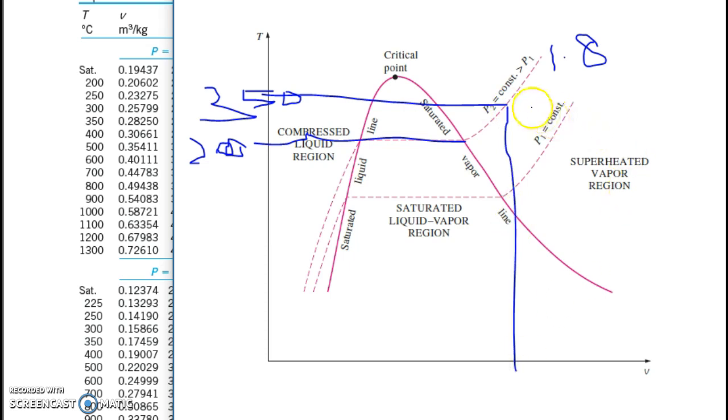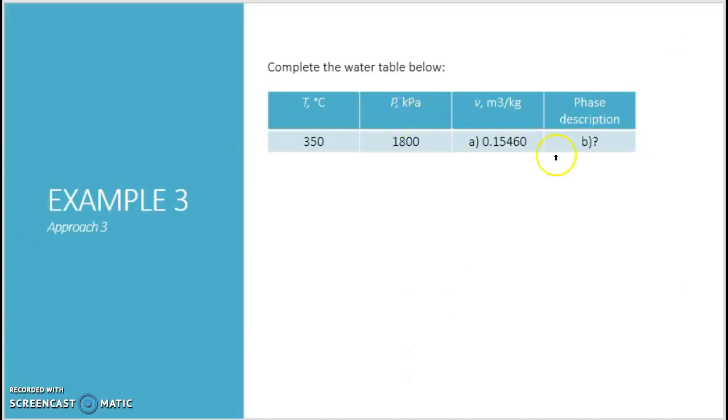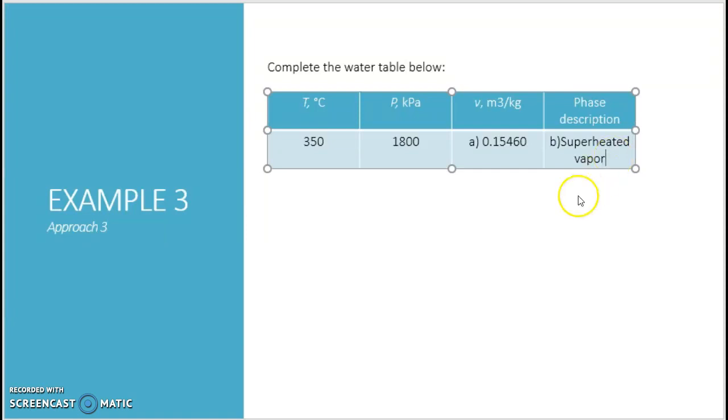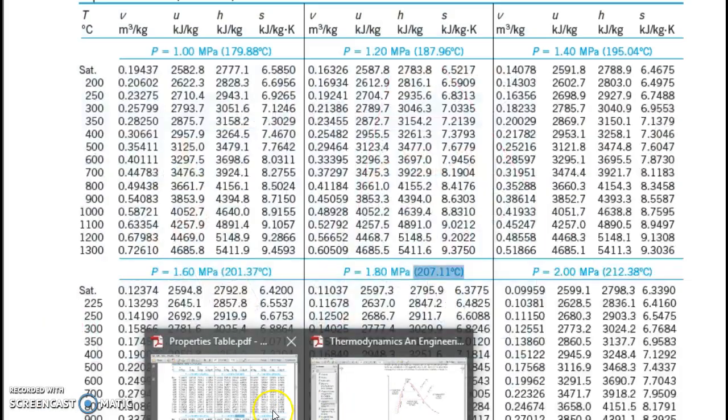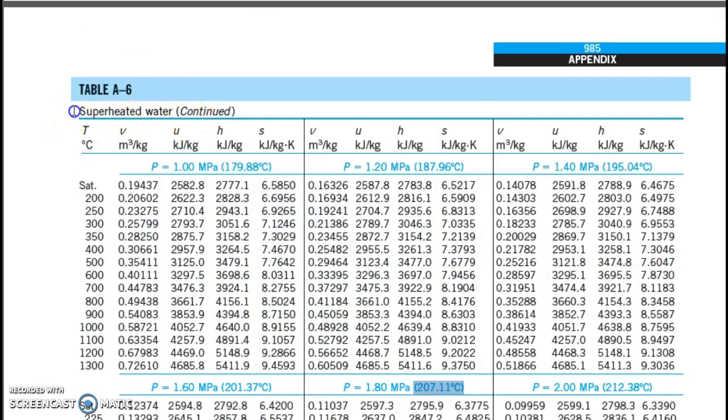You see this point lies in the superheated vapor region. Thus the description here is superheated vapor,